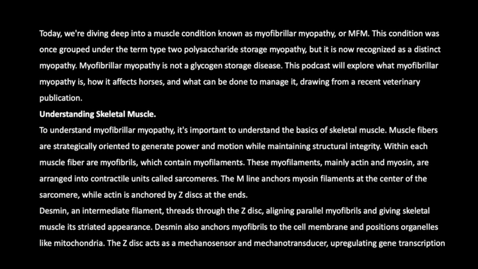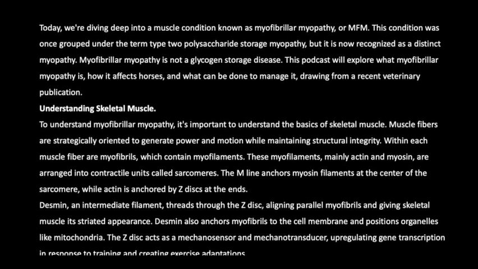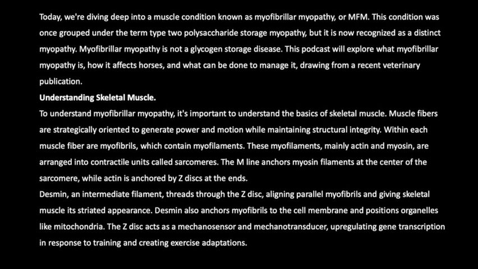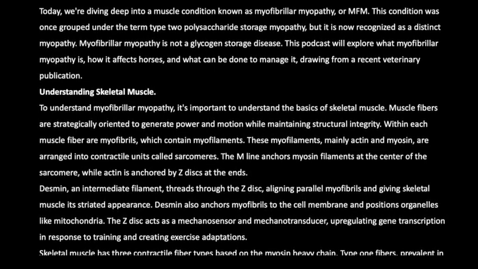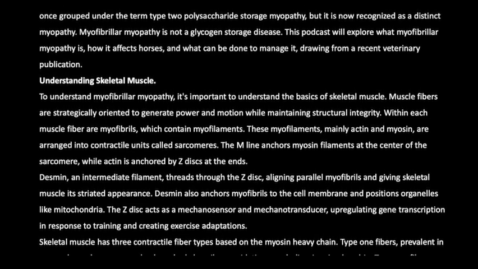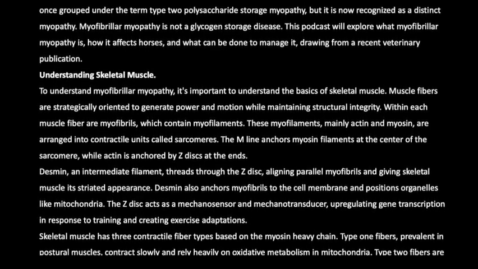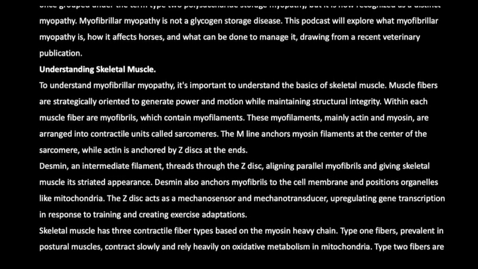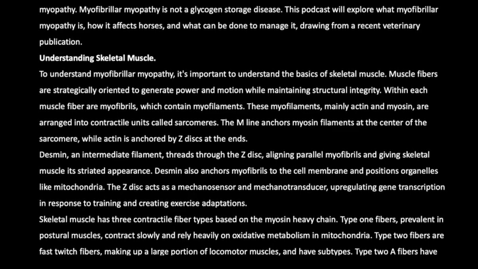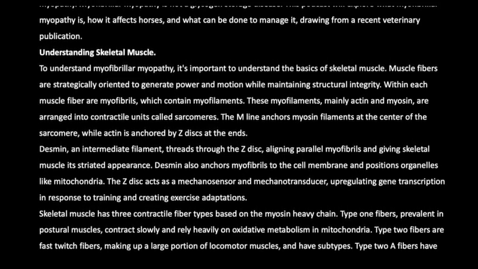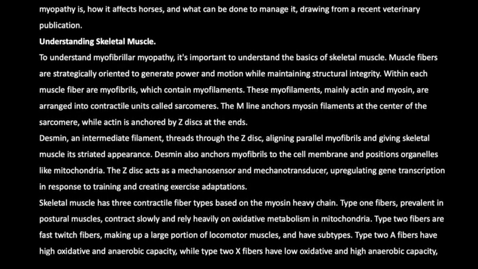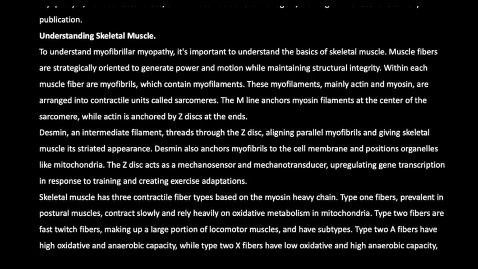Understanding skeletal muscle. To understand myofibrillar myopathy, it's important to understand the basics of skeletal muscle. Muscle fibers are strategically oriented to generate power and motion while maintaining structural integrity. Within each muscle fiber are myofibrils, which contain myofilaments. These myofilaments, mainly actin and myosin, are arranged into contractile units called sarcomeres. The M line anchors myosin filament to the center of the sarcomere, while actin is anchored by Z discs at